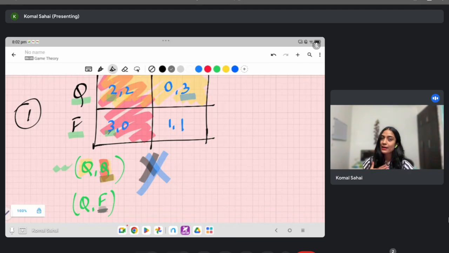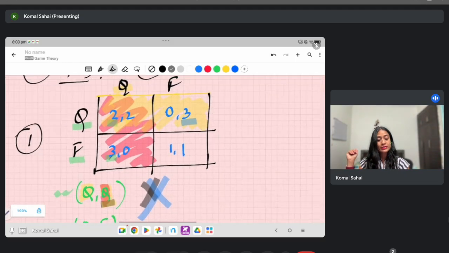So now player 1 has to evaluate कि if the other player has chosen fink, can I do better by deviating, right? If the other player is following the action specified by this particular action profile, can I do better? How? Let's see. If the other player is choosing fink, तो हम इस zone में हैं,